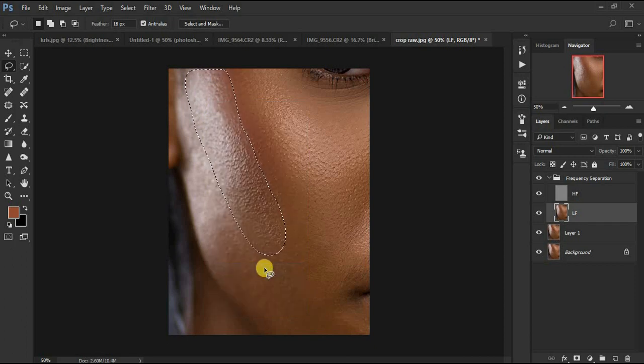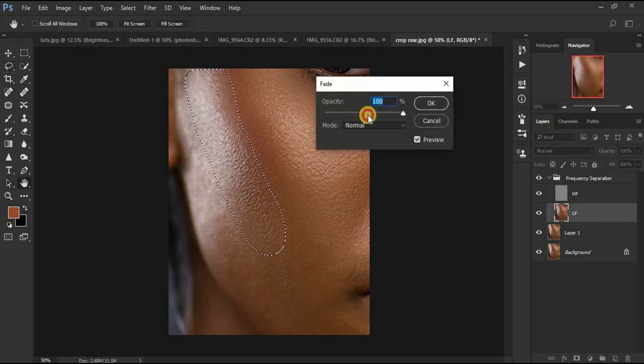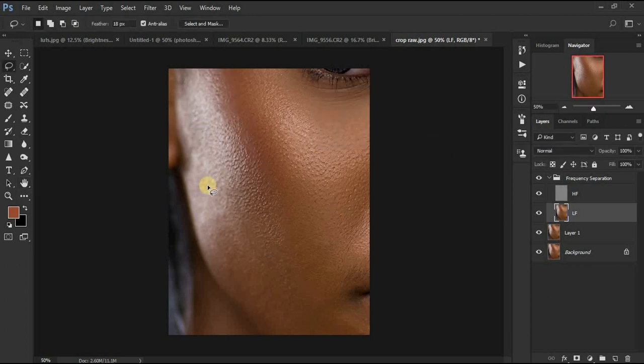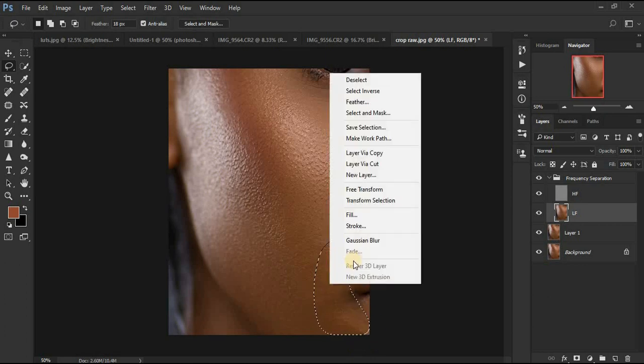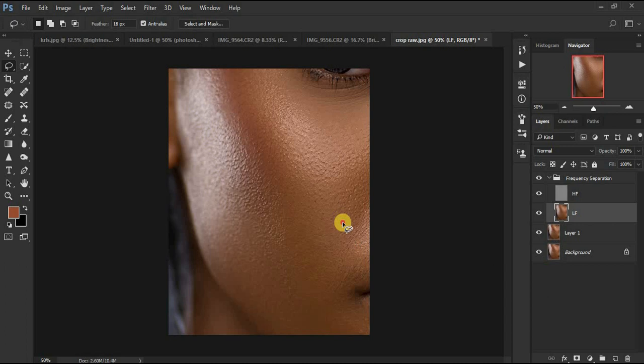And if at all you feel the effect is too much for your liking, just click Shift Ctrl F and you can fade this effect like that. So let's apply the effect on the overall image. So we are making selections according to the shape of that particular area. As you're seeing, I'm doing the selection. So yeah, I think we are almost done with